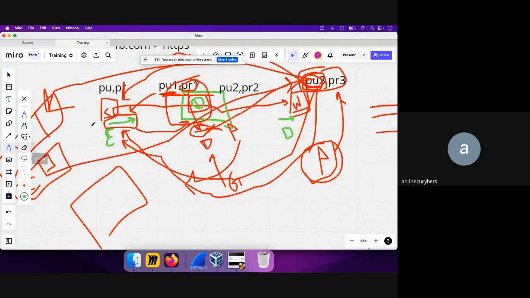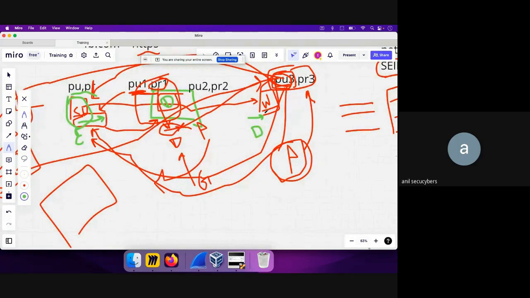Okay. So as I told over here, this is the client, and it has its own public and private key. Similarly, this is the web server, and the web server has its own public and private key. So what the web server will do now is share its public key with the client. Okay. Now the thing is, how can the client trust that the public key that it is receiving from the web